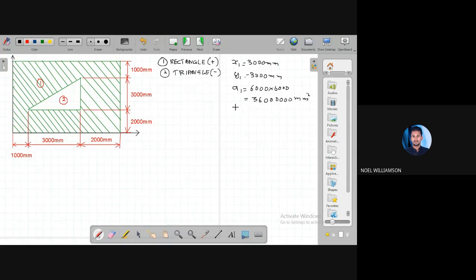Now x2 is distance from the axis towards the centroid in the x direction for the section 2, that is from here to here it is 1000, and from here to here it is 2 by 3 of this particular length, that is 2 by 3 of 3000, that is 1000 plus 2 by 3 of 3000. So it is 3000,